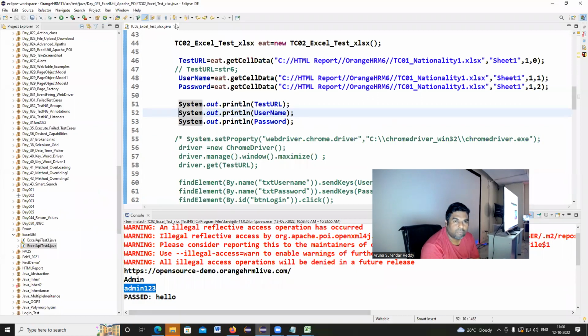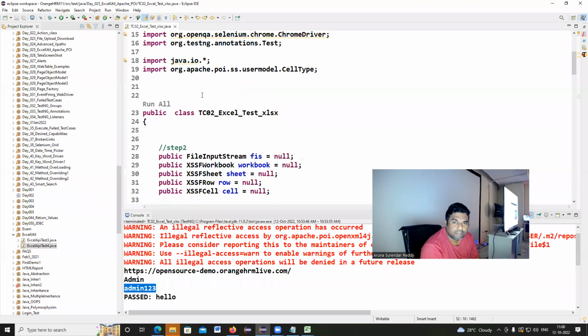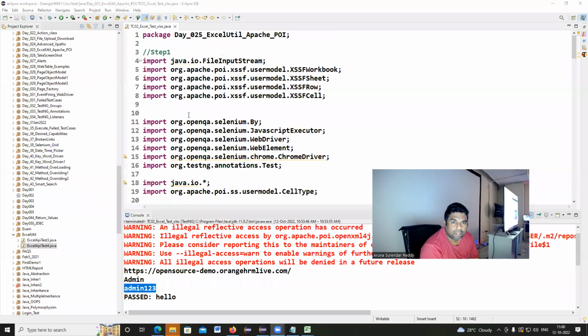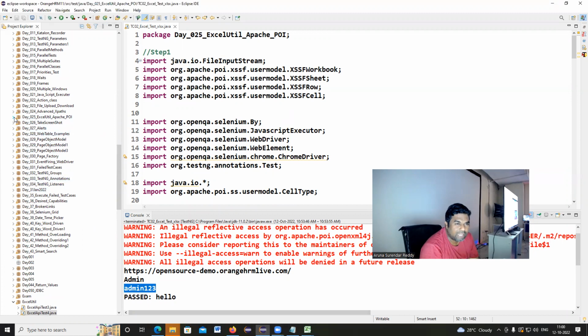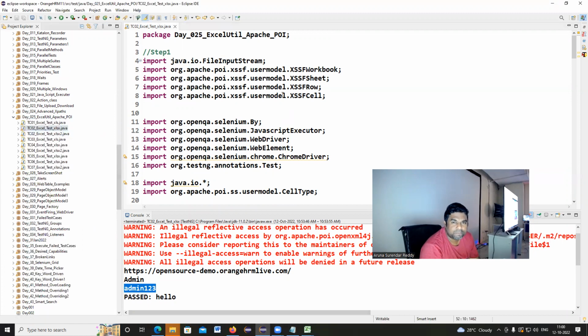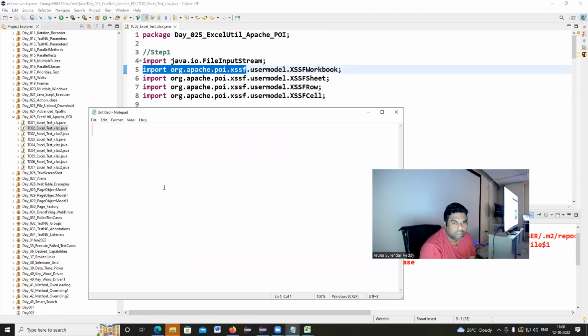So now let's understand. Here I am writing org.apache.poi.xssf. Just remember that point. In the second program, lab number 25, I'm telling, org.apache.poi.xssf. If you want to read input data from an extension file such as .xls or .xlsx. If the extension is .xlsx,